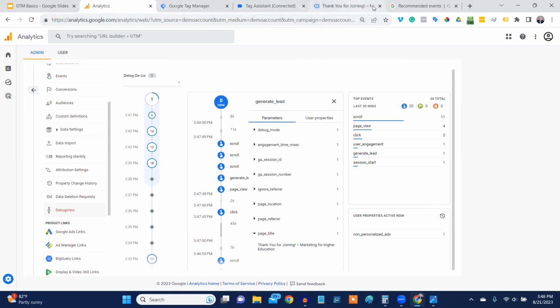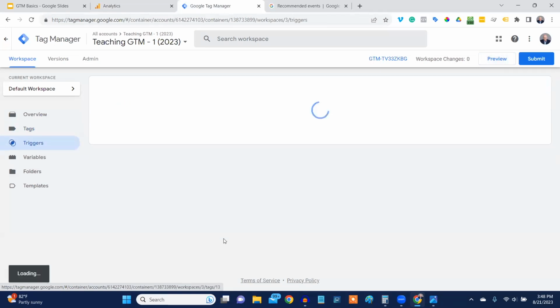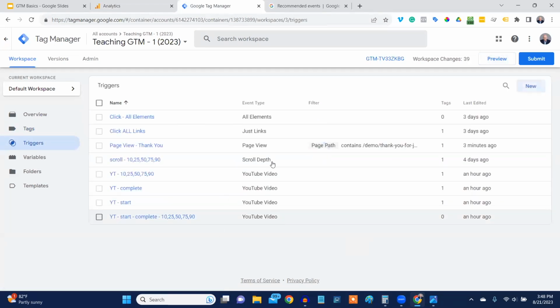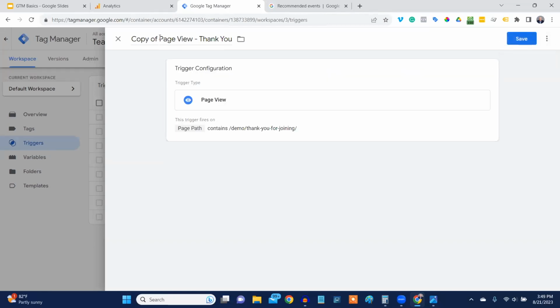Now, going back to the scenario that we were talking about, let's close out of here. If we had it where we wanted to have this fire on those two different pages, how would we do that? We would come to our triggers and we would come to the page view, thank you, and we would make a copy. Okay, and we'll get rid of this. Okay, and what we will need to do